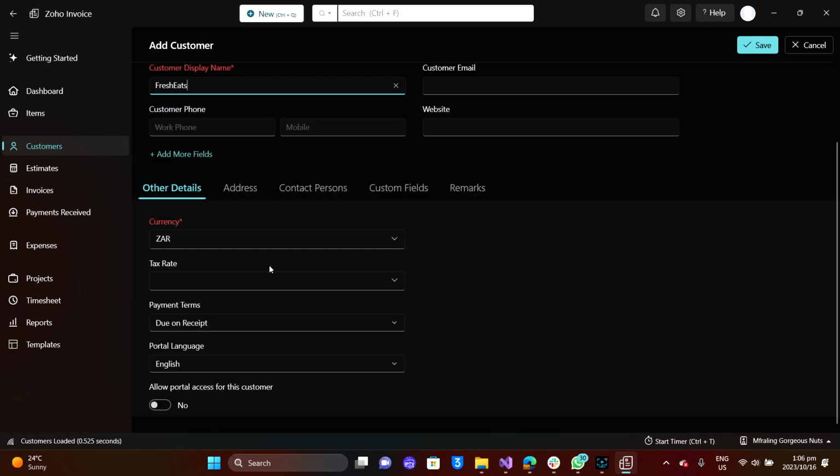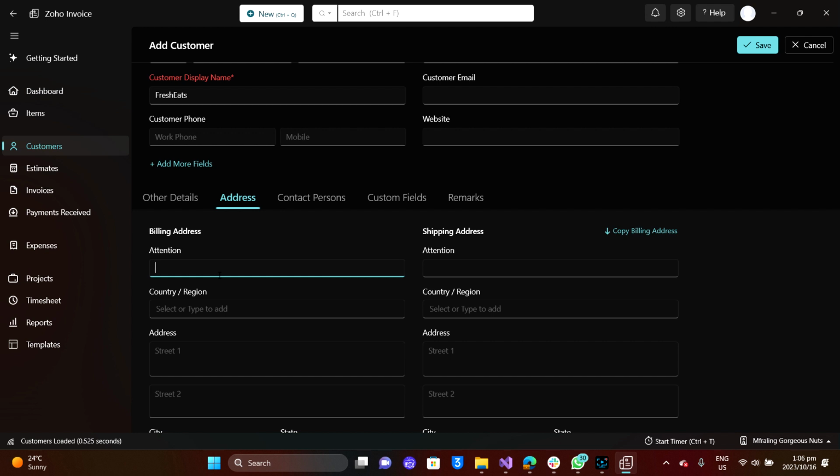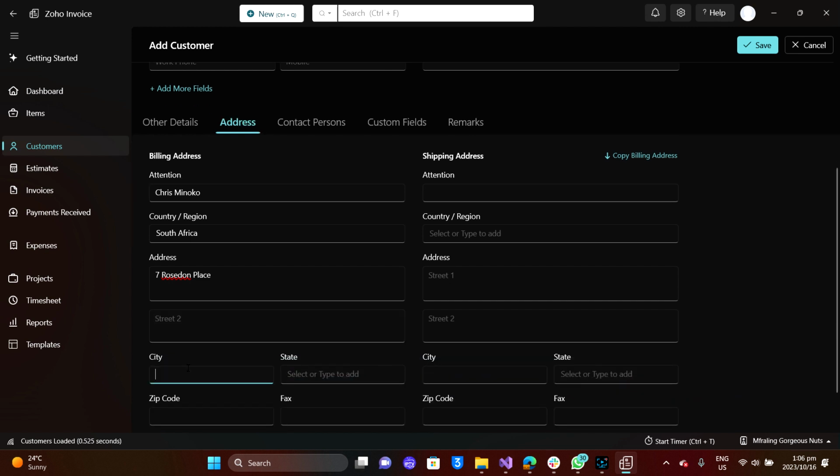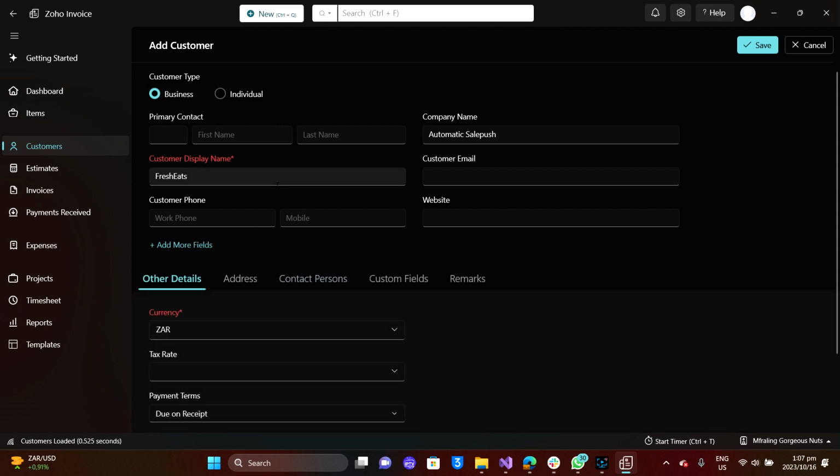This gives you all the information. If you have the address or the contact, I could say, for example, the billing address is going to Chris, because the subsidiary's country is South Africa. The address could be 7 Rosedown Place, Cape Town, Western Cape, 7780. Then I could put the email or other details, such as chrisminoka@gmail.com. If you click save,